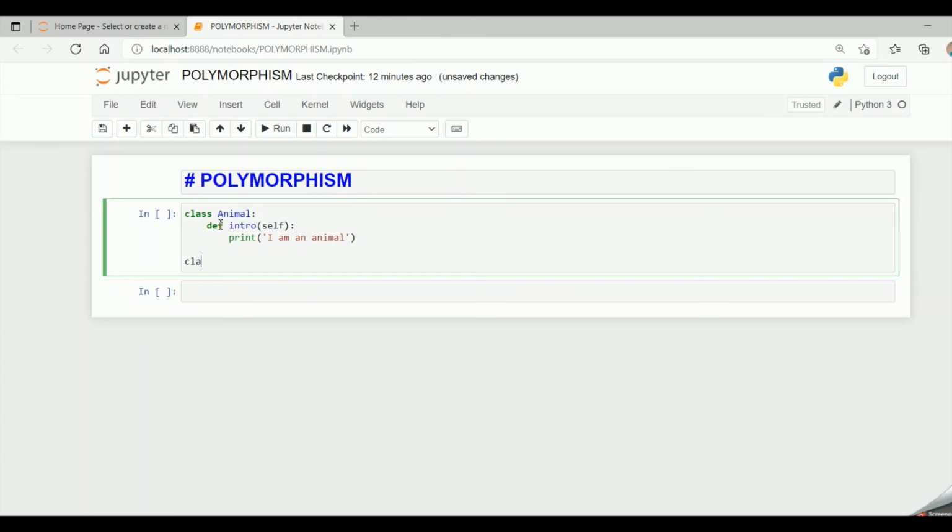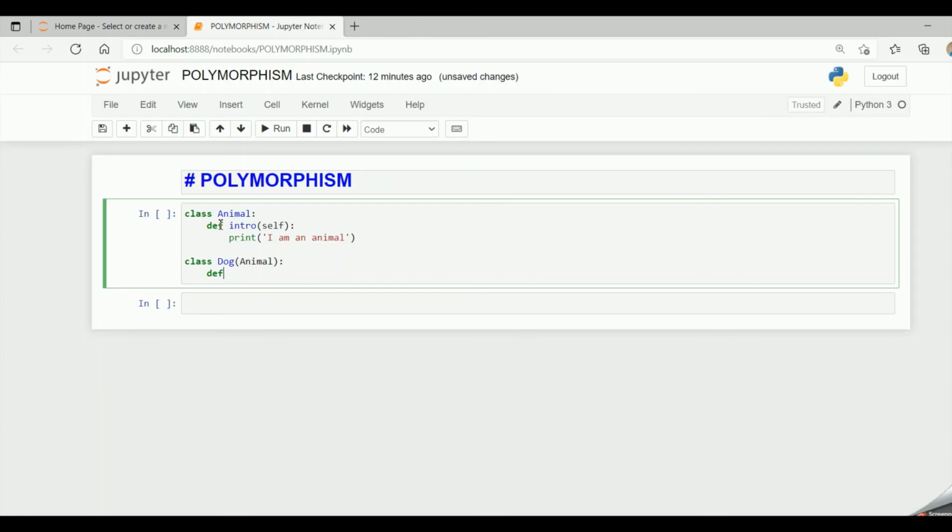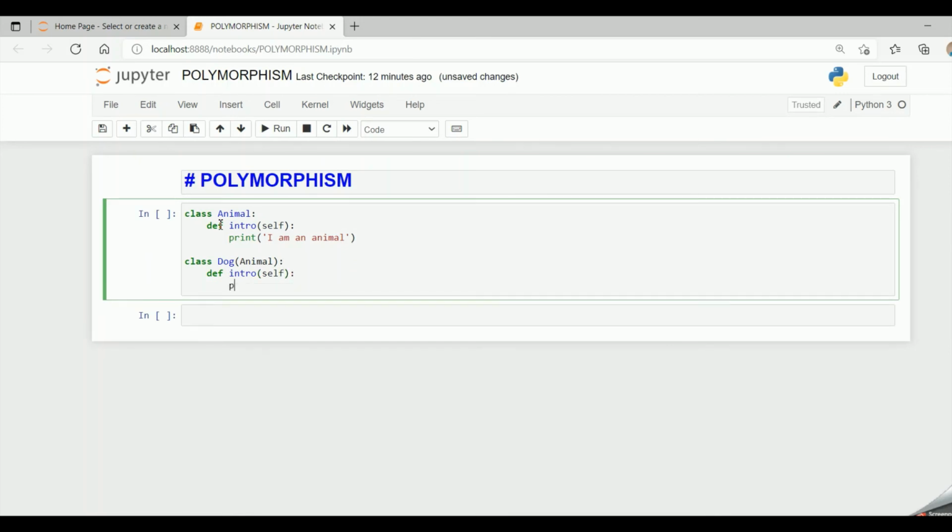Now let me have a subclass or a derived class called dog which inherits the animal base class. And now let me call the same intro. I am overriding the intro method in the derived class. And let me print I am a dog. A new implementation has been given to the intro method in the derived class.